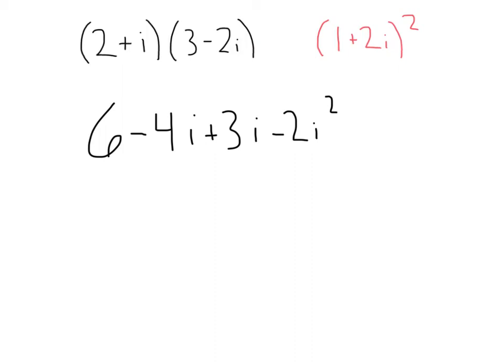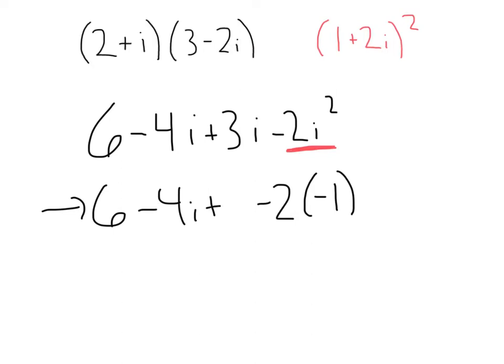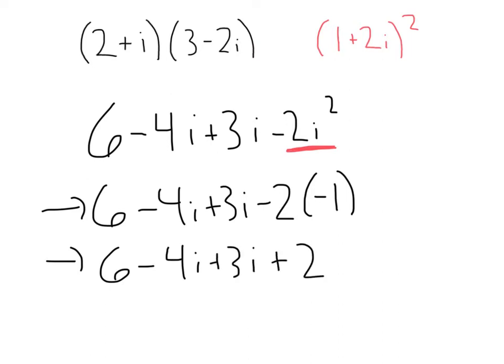Now, keep in mind we have this i squared here. We know i squared is equivalent to negative 1. So I'm going to go ahead and replace that i squared with a negative 1. And I'm going to continue on with my problem here. So I have 6 minus 4i plus 3i. Now, here I have negative 2 times negative 1. I'm going to get rid of my parentheses first. That's going to give me 6 minus 4i plus 3i plus 2, because negative 2 times negative 1 is positive